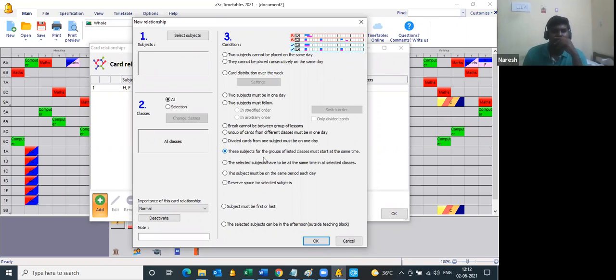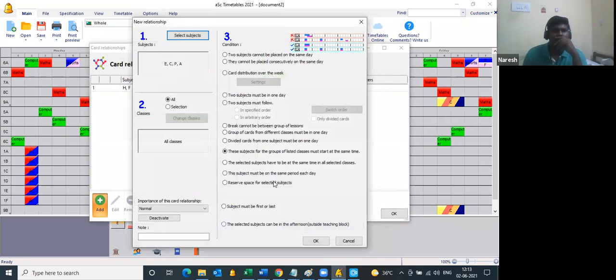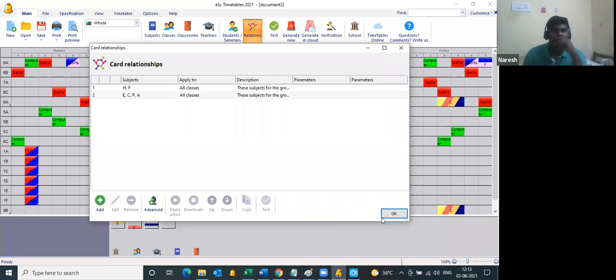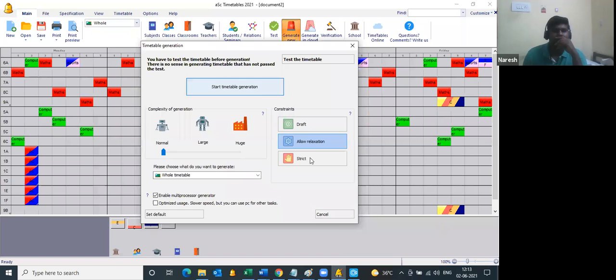These subjects for these four groups of listed classes of 9A and 9B must start at the same time. So you add this constraint, click OK. Now generate it.